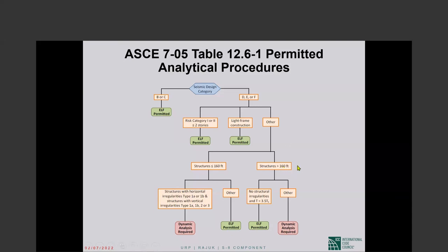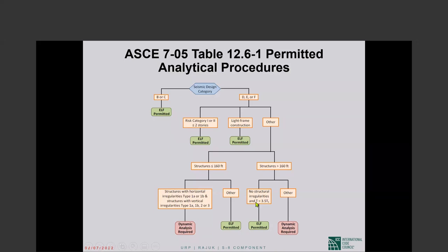If it is a structure taller than 160 feet, now you can do the equivalent lateral force procedure only if there are no structural irregularities, good or bad, no irregularities, and also the period